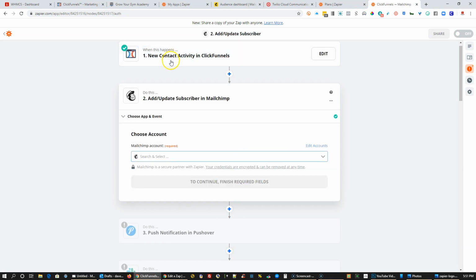And it found some data. If it did not find some data, what you would do is go visit the opt-in page of your funnel and just type in an email address, like your email address or a test email address, just to save that contact to your ClickFunnels account, and then it will trigger it here, and you could proceed with setting up this